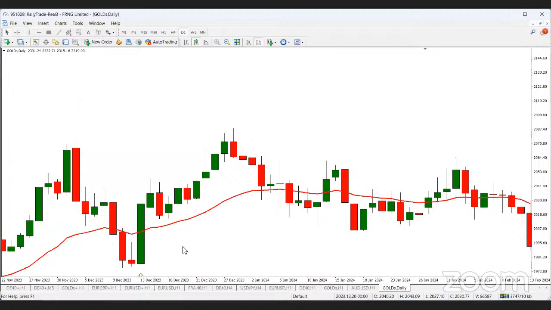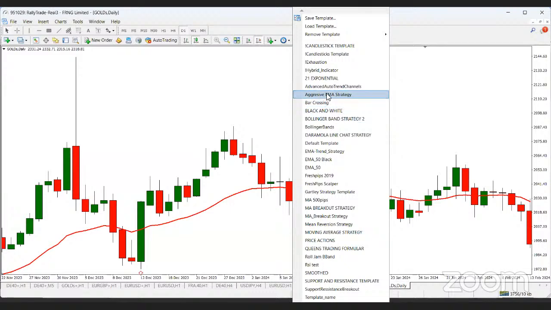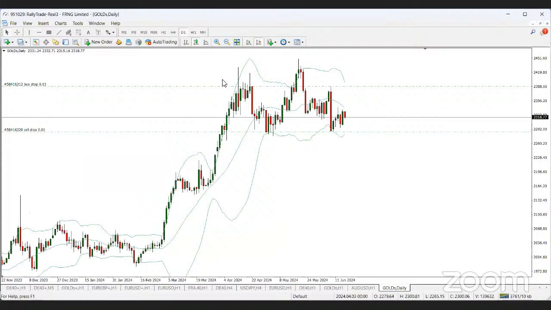This moving average works with anything. It's telling you that the price wants to go up or price wants to go down. Or if you cannot use this one, you can use Bollinger Band default. Go to Bollinger Band and use the default value. Then you can go to maybe H1. I love it on H1. It gives me a lot of money on H1.